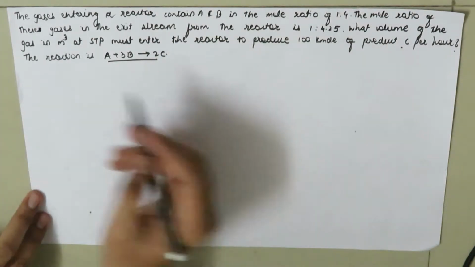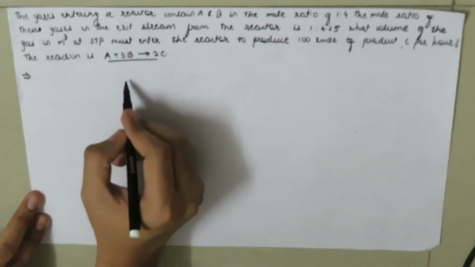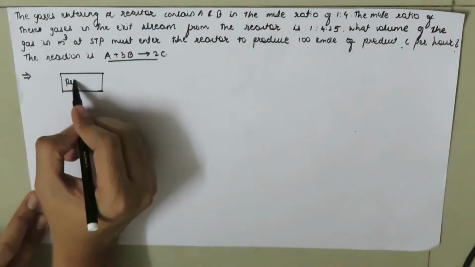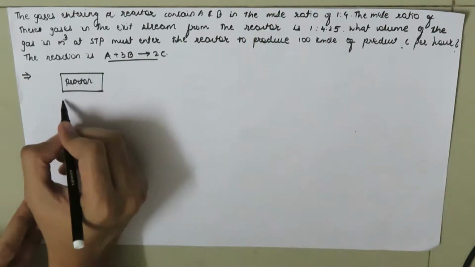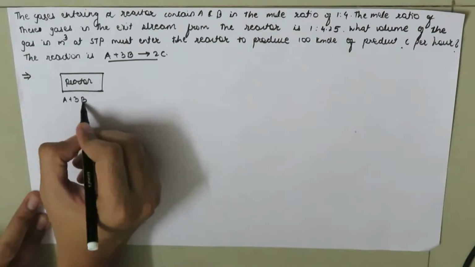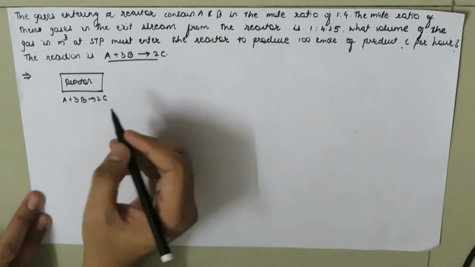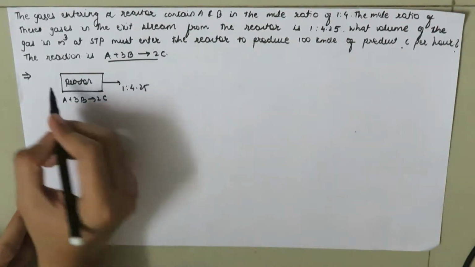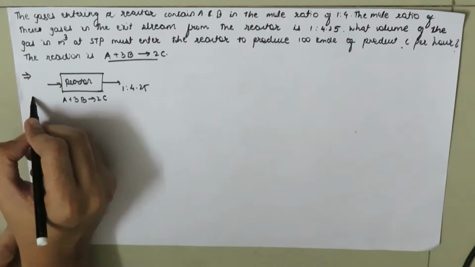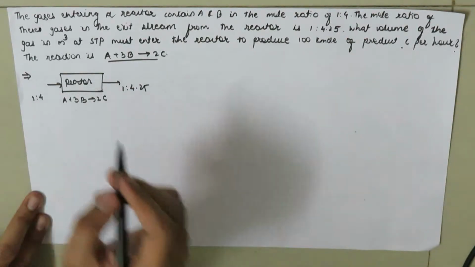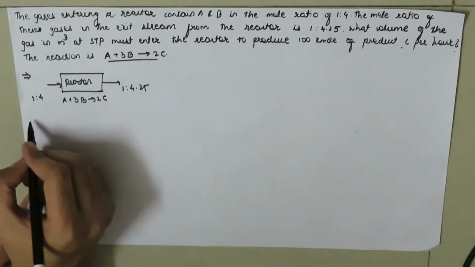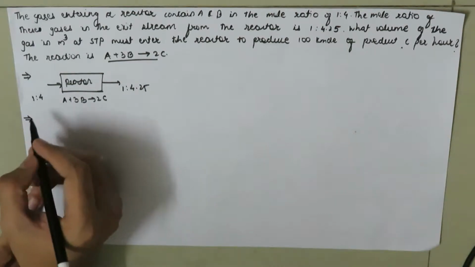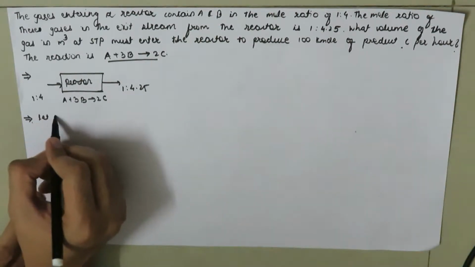So first let's draw the diagrammatical representation. Suppose this is the reactor. Here we have the reaction A plus 3B gives 2C, and here we have the product in the ratio of 1 to 4.25, and the feed is in the ratio of 1 to 4. So first, what we are going to do is,